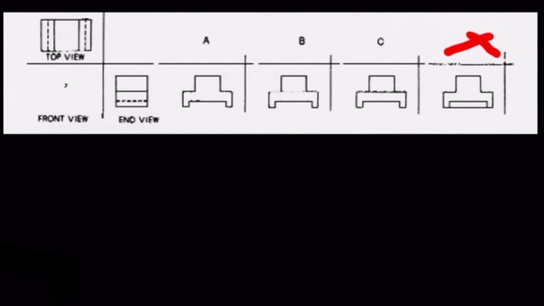So the correct answer in this case is A, because it fits the description of this dashed line on the side. We can see these 2 lines here, dashed lines, correspond to these 2 lines here, because looking down upon the object you can't actually see them. However, they are there underneath the structure. Another giveaway for this